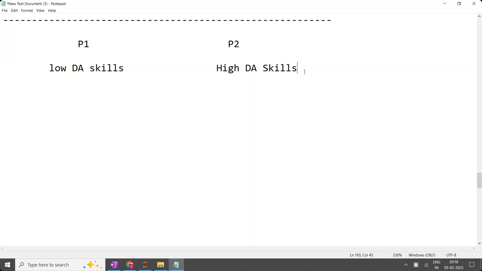Will he be able to complete the project? He will not be able to complete the project if you hire him, because that person does not have that much skill. Now remember, this person has low data science skills, but he is a BTech computer science graduate. And the other one is a BSc, from BSc chemical, which is completely irrelevant.